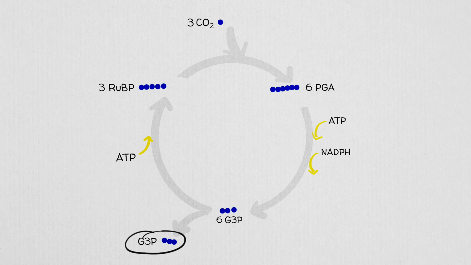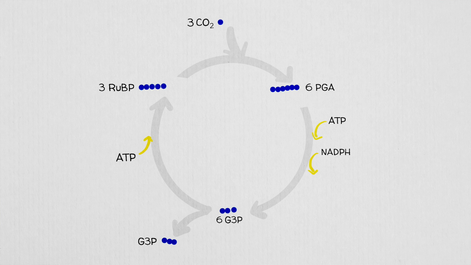But spoiler alert, we haven't actually made glucose, but a 3-carbon molecule called PGAL, or G3P. This 3-carbon molecule can be used by the cell to make glucose or other biological molecules. We are organic after all and need carbon chains. The Calvin cycle is able to continue through the regeneration of a 5-carbon sugar, ready to once again join up with carbon dioxide. To recap,